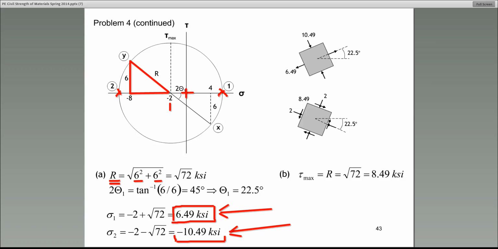There's one other thing they asked in this problem. They say, could you also give us the maximum shear stress? The maximum shear stress, remember, that's the y coordinate. So let me ask you something. What is,